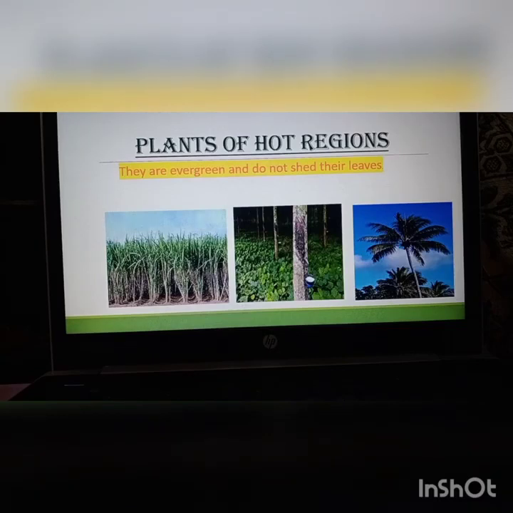Then we discussed the plants of cold regions like Jammu Kashmir, Himachal, Uttarakhand. The trees that grow in that area are usually cone shaped and their leaves are like needles, so that snow can easily fall off from these trees, and plants survive in the extreme cold temperature. And then at last we discussed hot and humid region plants like sugarcane, rubber, coconut, coffee, tea.